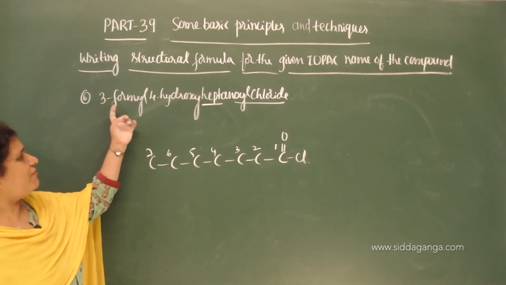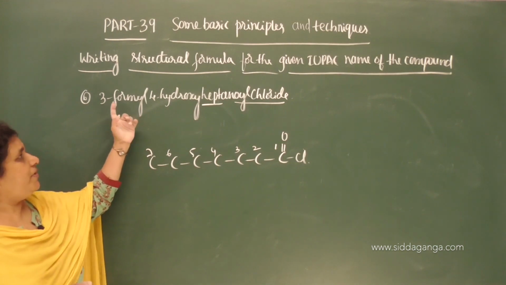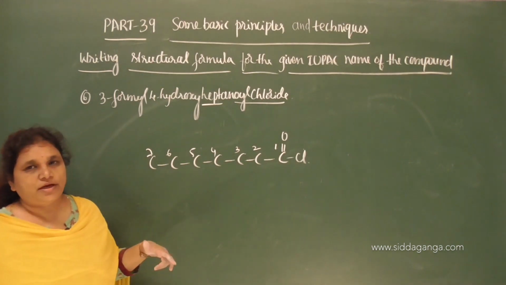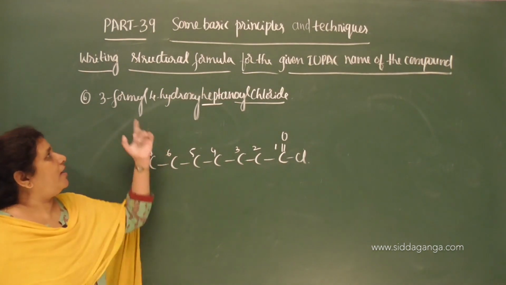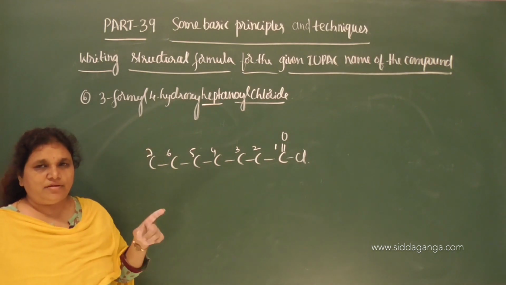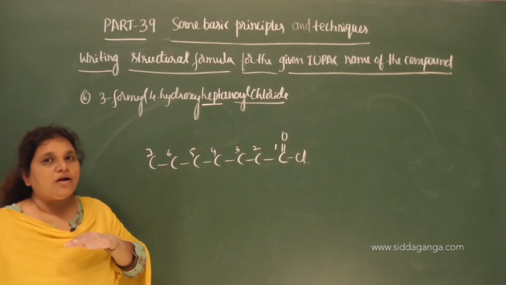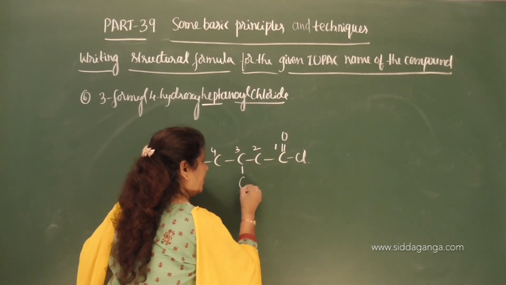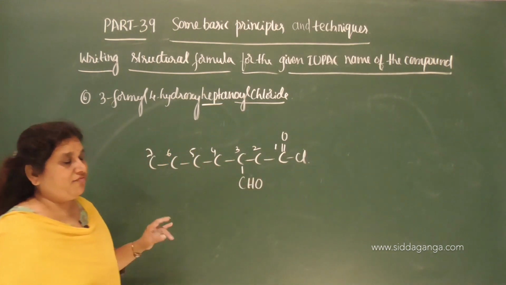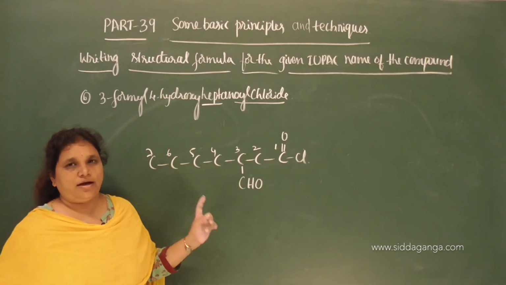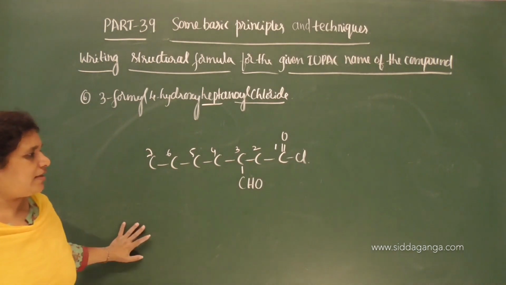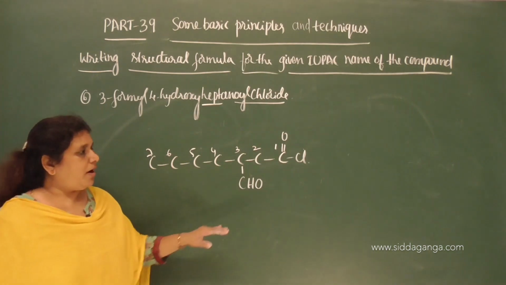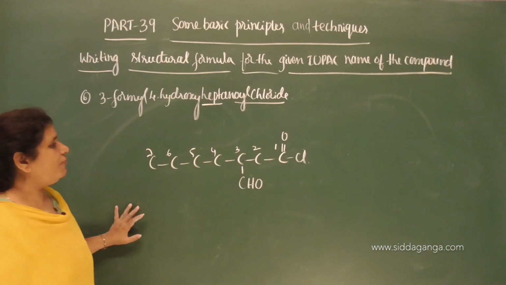The prefix here is 3-formyl. Formyl is the prefix for the aldehyde functional group. Along with acid chloride, the aldehyde functional group is also there, so we call it formyl. And remember, the carbon atom of the aldehyde is not considered part of the root word. So, on the third carbon we have the aldehyde functional group CHO, and we have not given any number to its carbon atom, because it is now a substituent group according to the priority. Now, 4-hydroxy.